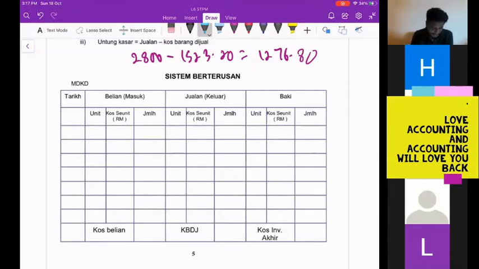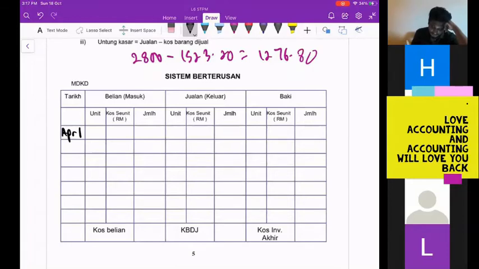I read this. Tadi dia, I'm referring to my table here. You copy, but that's very important. We always go back to the question. Okay, first one, baki saya ada inventory awal. Inventory awal pada April 1. You watch me later. I give you time to copy. Watch me first. Very important.